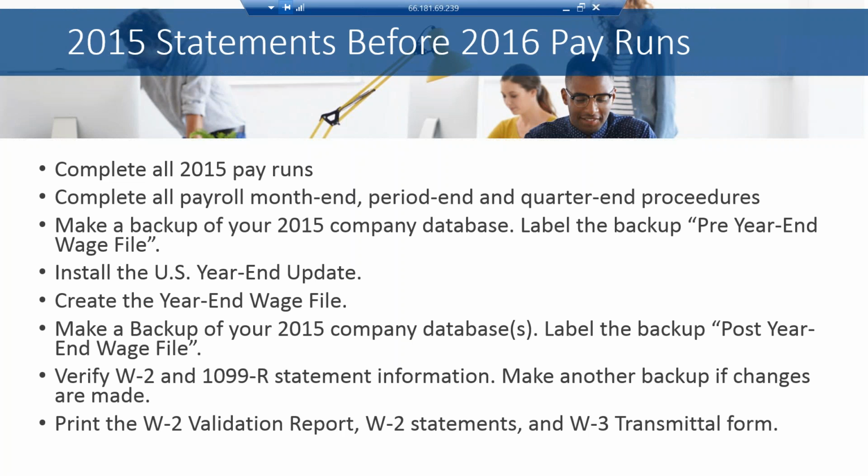All right, so then what we're going to do is we're going to install the U.S. year-end wage or year-end update. So just as a point of reference, each year there is going to be what's called a year-end update, and then typically there's also going to be a tax update. So the year-end update, what it does is it prepares you to run the year-end process. An example of where that comes in is if there's changes to the W-2 form for this year, then this year-end update will be run or loaded, and therefore you'll be using the latest and greatest W-2